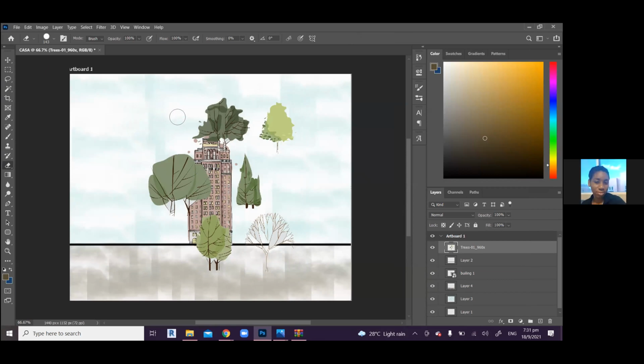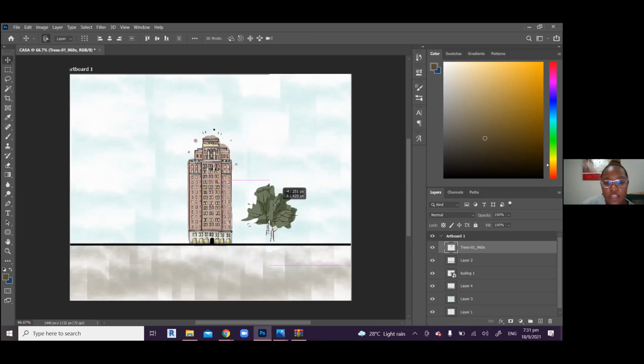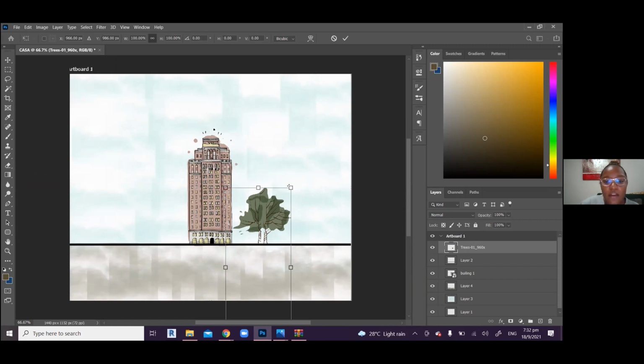So I'm going to choose this fancy tree up there. I'm just going to erase the rest. Now I'm left with my one tree, and you can just drag it down. Now you can see that it is bigger than the building. You hit edit, free transform, and you can,